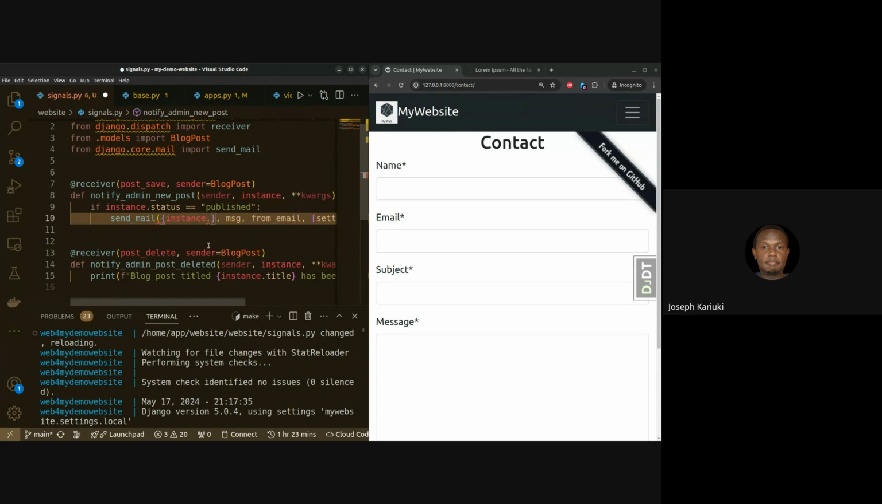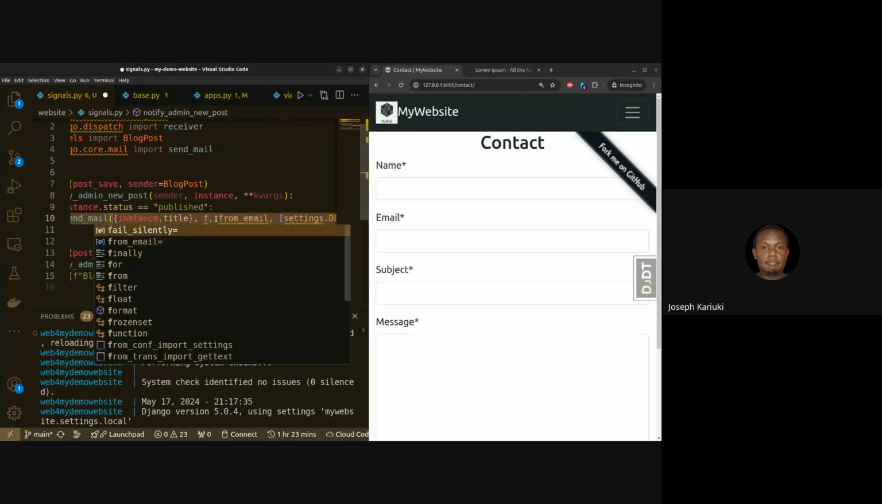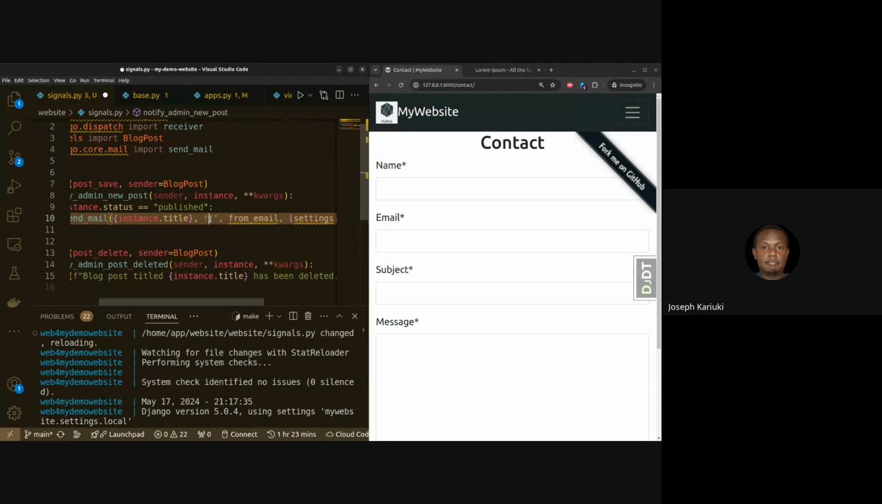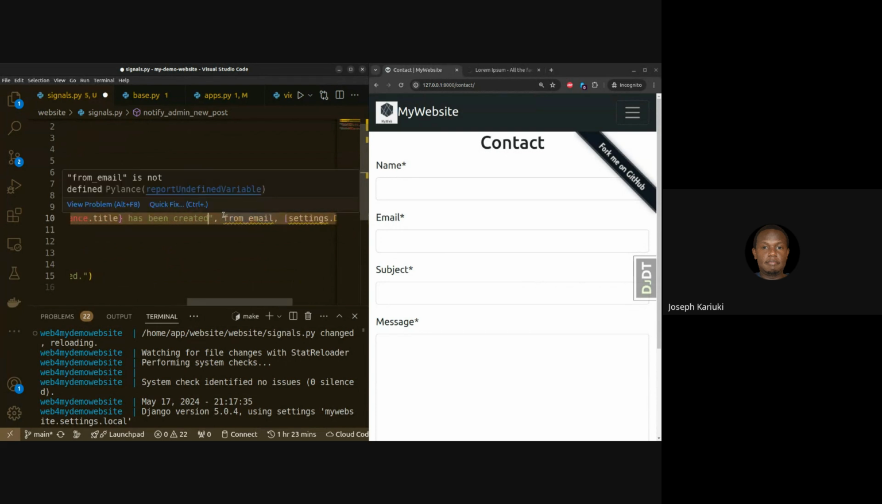instance.title. For the message, probably we can add some message here: Post titled instance.title has been created. So for the from email, for now we can just add the,